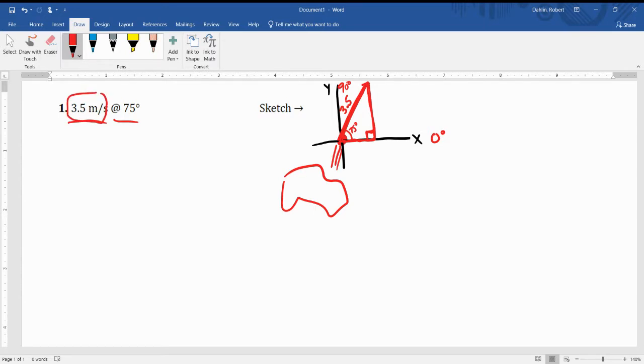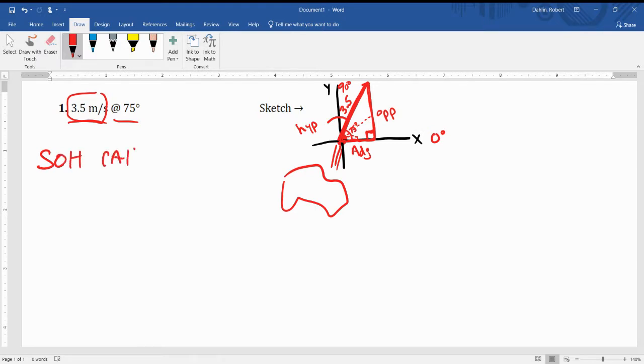Now, I realize that's not a length. 3.5 m/s is a speed, but we can use the same principle to figure out how much of the speed is up and down and side to side. Let's label some things. This side here is our hypotenuse. The side of the triangle opposite the angle is what we call the opposite side. And the side touching, or adjacent to, the angle is what we call the adjacent side. All of this comes down to us being able to use SOH CAH TOA